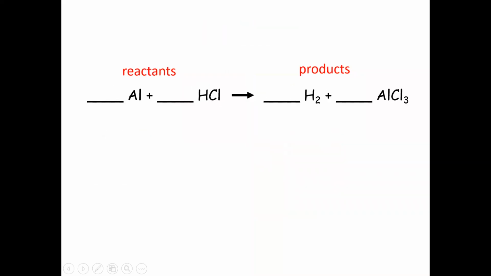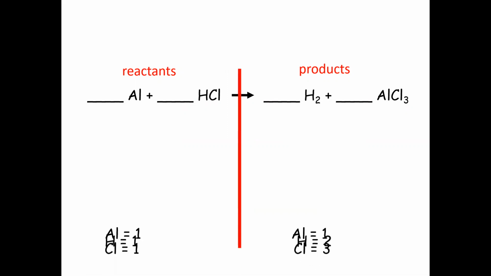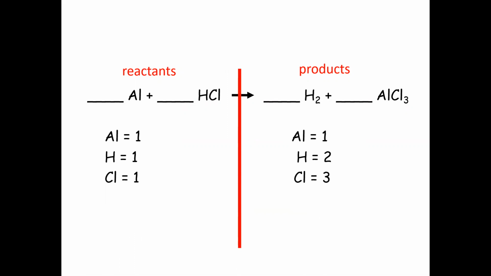Right, okay, so our next one here, aluminium plus hydrogen chloride gives you hydrogen gas plus aluminium chloride. So again, separate your reactants from your products, complete your tally. And you can see that immediately your aluminiums are balanced, but your hydrogen and your chlorine are not balanced. So what you could do to balance them is put a 2 in front of aluminium